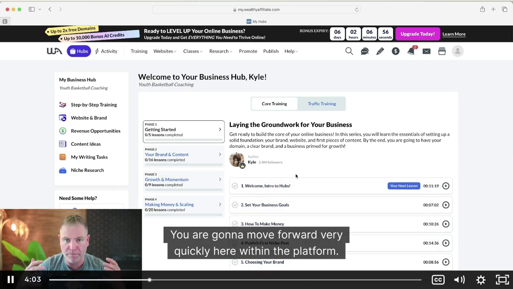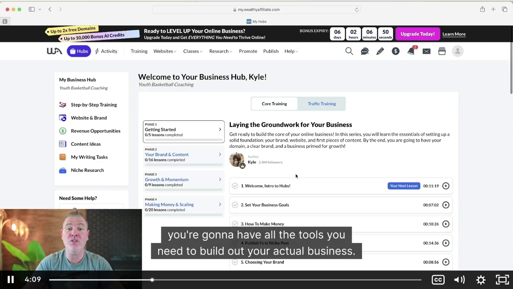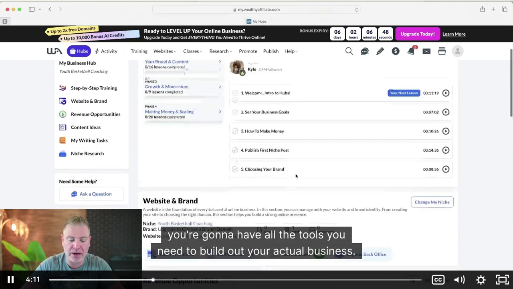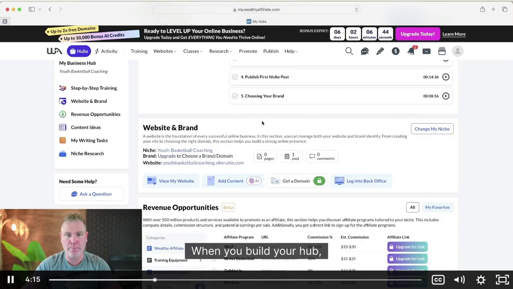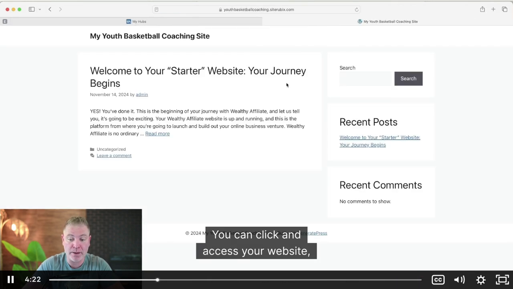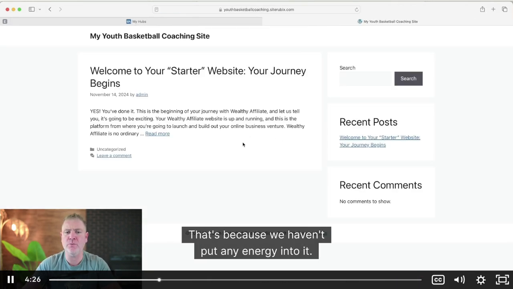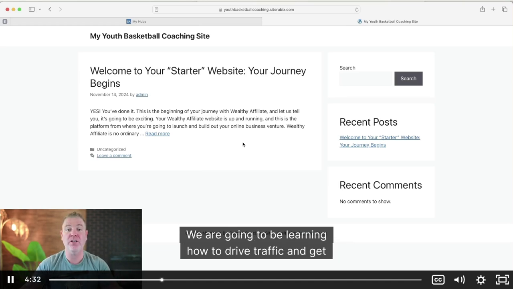You are going to move forward very quickly here within the platform. And below the training, you're going to have all the tools you need to build out your actual business. So the second thing down is your website. When you build your hub, your website is automatically created and installed. You can click and access your website and you can see it is a blank slate now. That's because we haven't put any energy into it. As we move forward, we're going to be building out the content. We are going to be learning how to drive